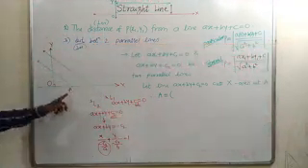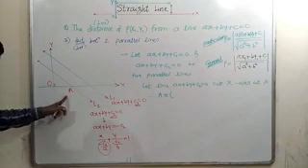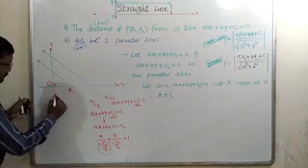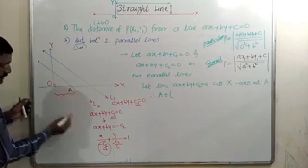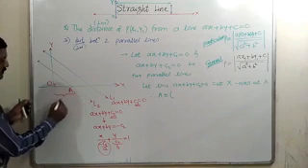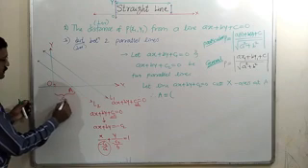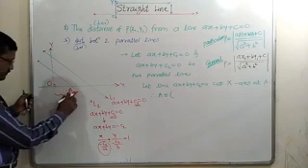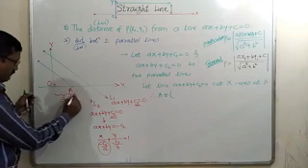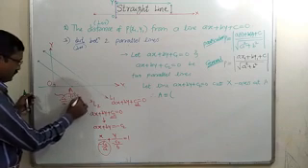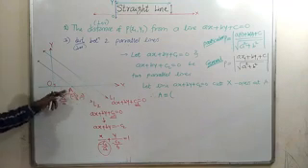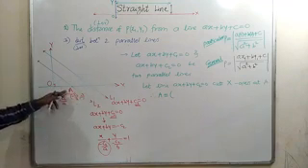But here we are finding this point A. So the coordinates of A, this is the x-intercept of line L2. Therefore, this distance will be the intercept, minus c2 upon a. So the coordinates of A will be minus c2 upon a, comma 0. So these are the coordinates of point A. Is it okay? Have you got this?